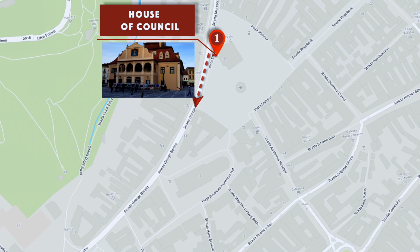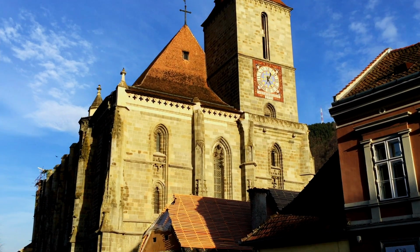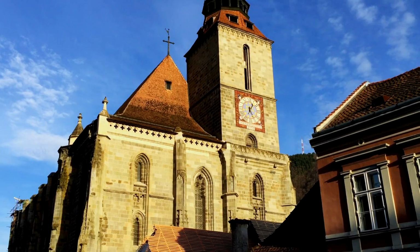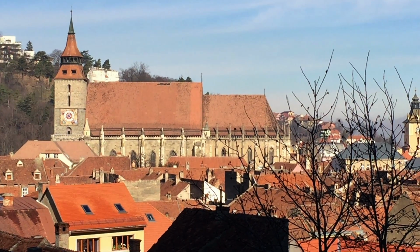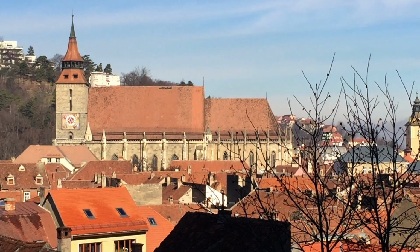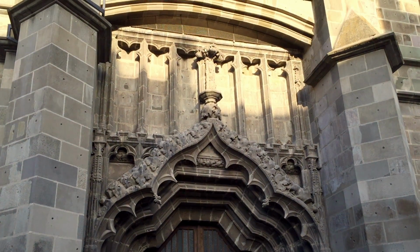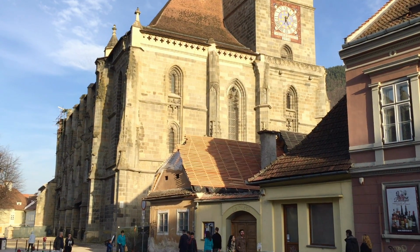A short stroll from here is another major local site, Biserica Neagra. Biserica Neagra, or Black Church, is a magnificent cathedral built by the local German community, hence the typically German Gothic style. This is the largest Lutheran church in Transylvania. The cathedral has a 6-ton bell, an impressive 4,000-pipe organ built in 1839, and a rich collection of Anatolian